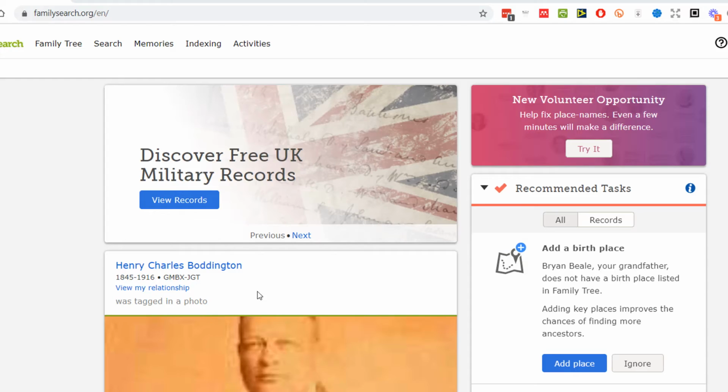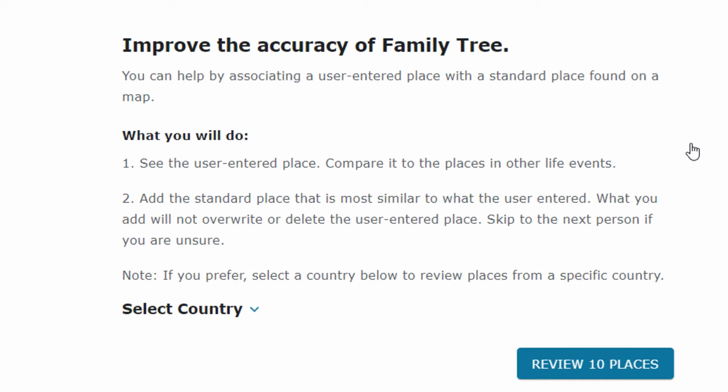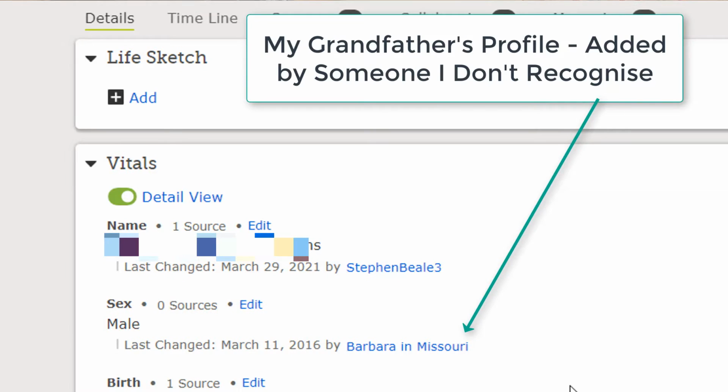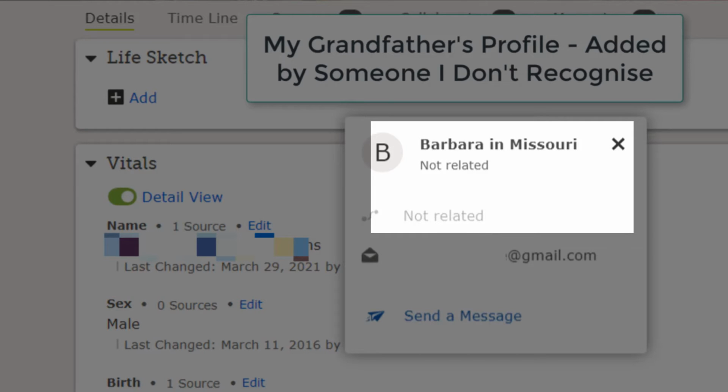So you'll see a profile for Family Search staff, which is fine, and that's clear. But there are other people who are members of Family Search with just a normal name, so they look like they might be family members, but really they're just doing it, again, as part of their religious mission. So you can't get too excited when you see names there, and they might not contact you back if you message them. So if you see names for people who you might think are long lost family members, just hold that thought and go and investigate further before you get too excited, like I did, unfortunately, and I had to have a bit of a climb down, and it was a little bit of an emotional letdown as well.